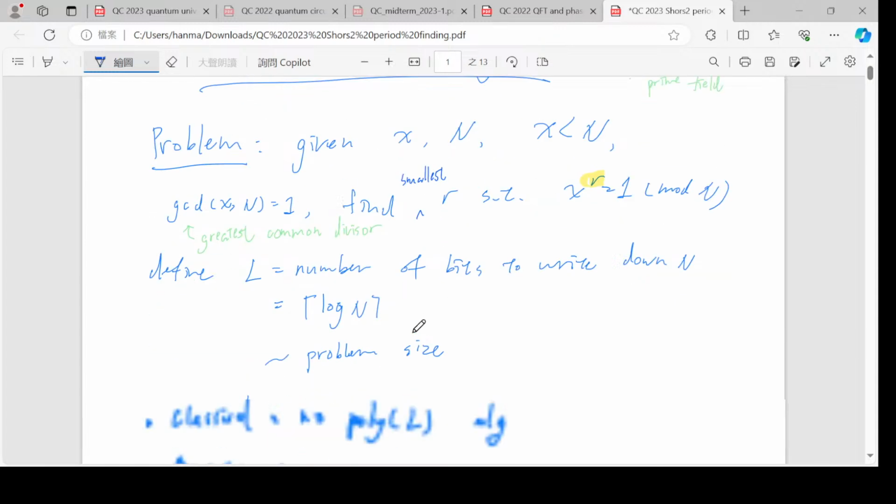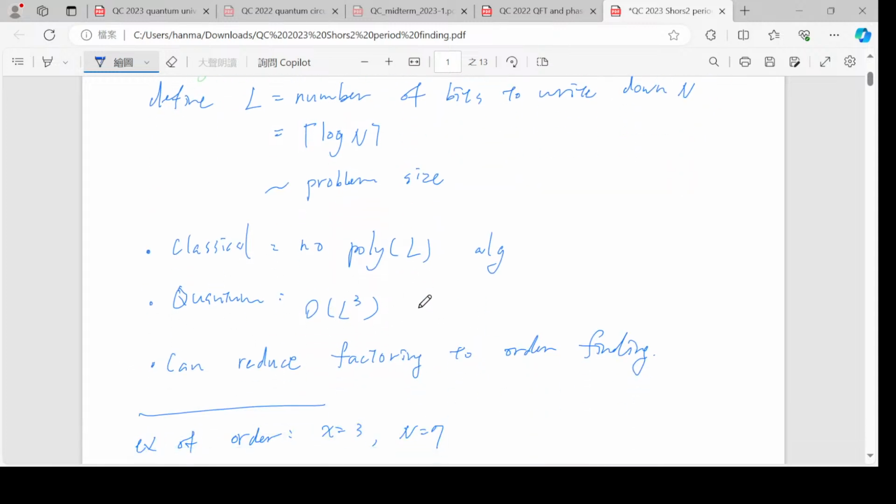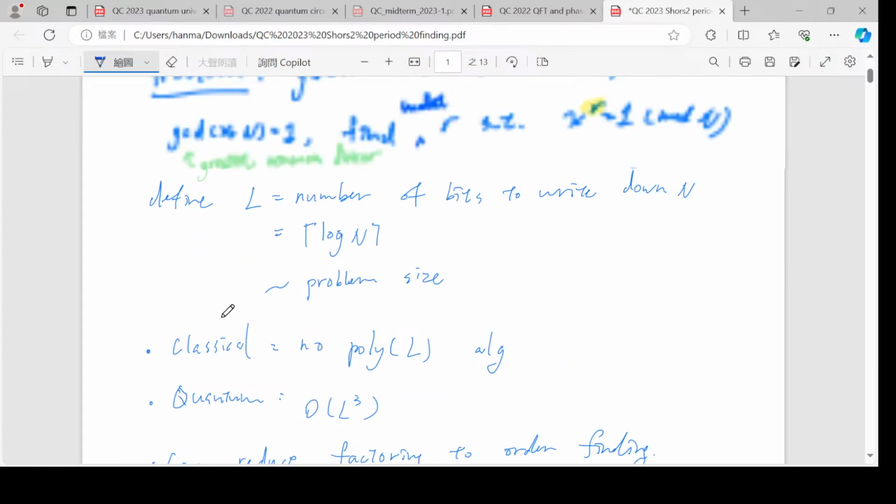Okay. And now let's talk a little bit about how hard this problem is. Let's say L is the number of bits to write down n. So it's about log n. This is like the length of n, and this will be the problem size we consider. Classically, we don't know any polylog L algorithm to solve this. And quantumly, we are going to show that we have an order L cubed algorithm to solve this